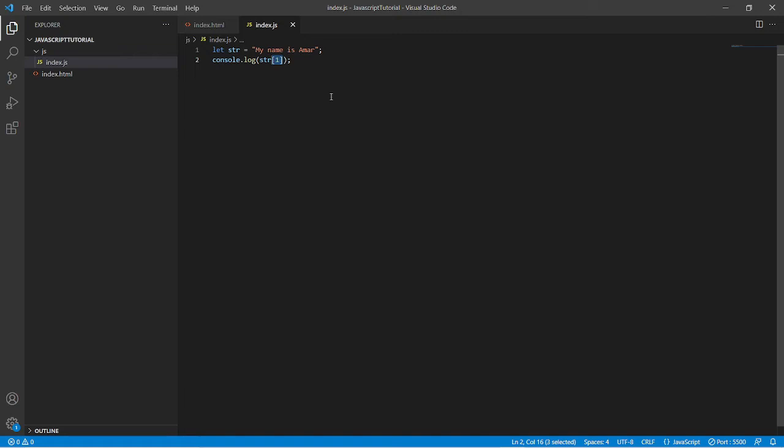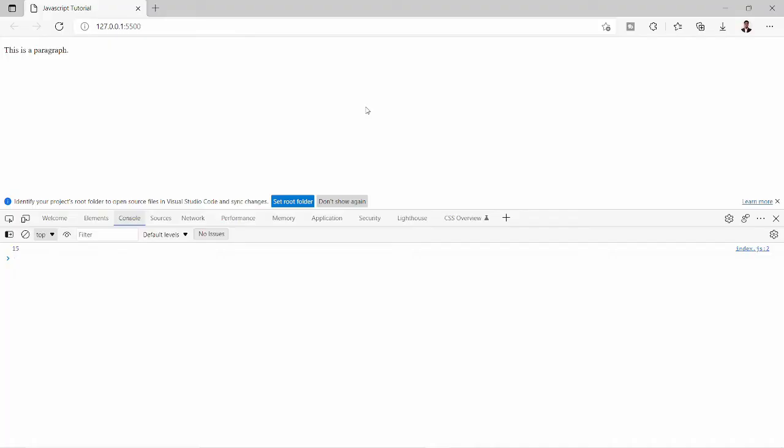So let's see in a practical way. For example, in this property access feature, if I write 15, which is not at all an index of this string, because I is the 8th, then it is 9th, 10th, 11th, 12th, 13 and 14. It is of length 14. How can we find that? Dot length. And if you see in the browser, it is printing 15. But the index starts from 0, so the last index of the string is 14.